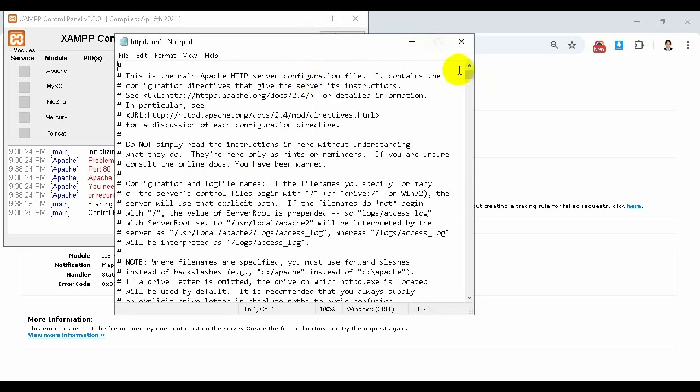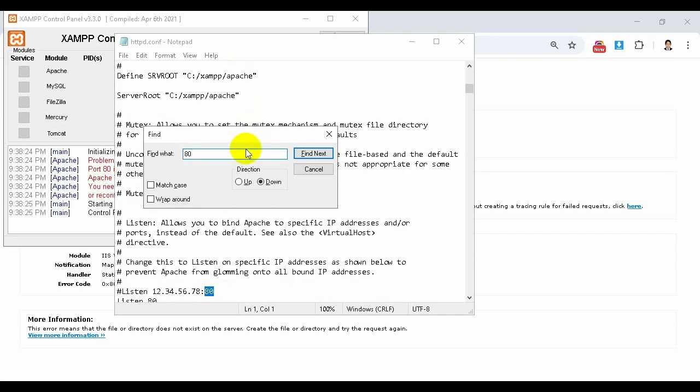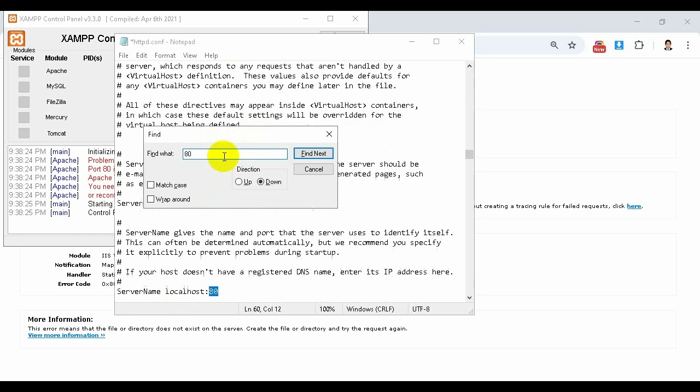Click and press Ctrl F and write down here 80. Press enter. Edit this code to 8080. Again press enter and edit this code to 8080. Okay, cannot find this, so